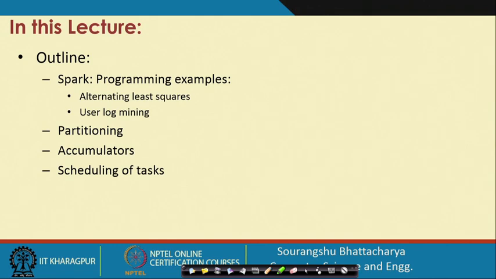We give two more programming examples in Spark, and then we go into the concepts of partitioning and accumulators in Spark, and then into details of the implementation of Spark jobs and how actually jobs are run in Spark.